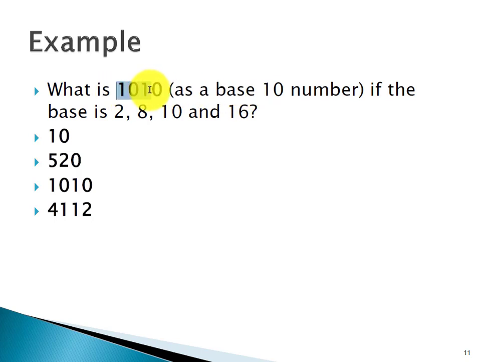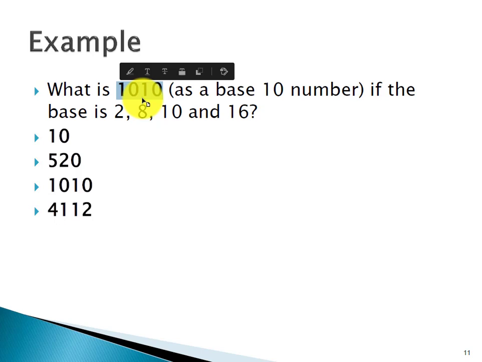If this was base 8, what would be different? Okay, all you're changing is the base. So it becomes 1 multiplied by 8 to the power of 3 plus 0 multiplied by 8 to the power of 2 plus 1 multiplied by 8 to the power of 1 plus 0 multiplied by 8 to the power of 0. Okay, if this is the base 10 number and you're converting it to 10, then there's no work